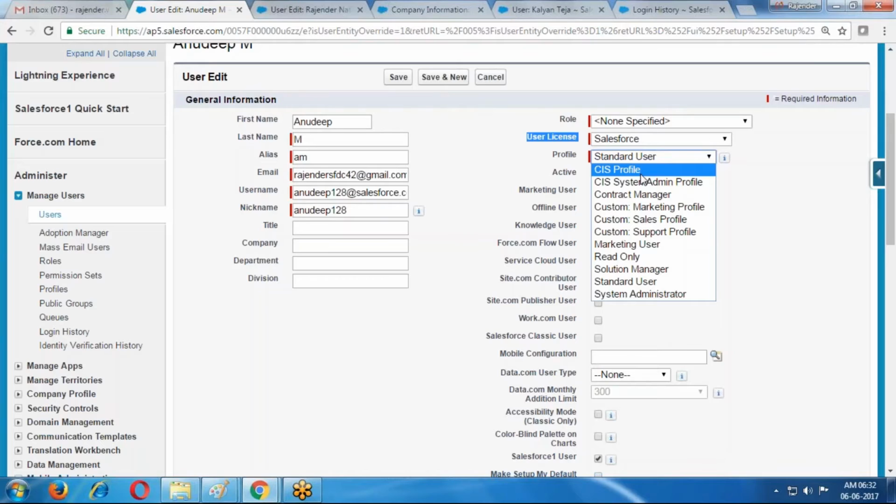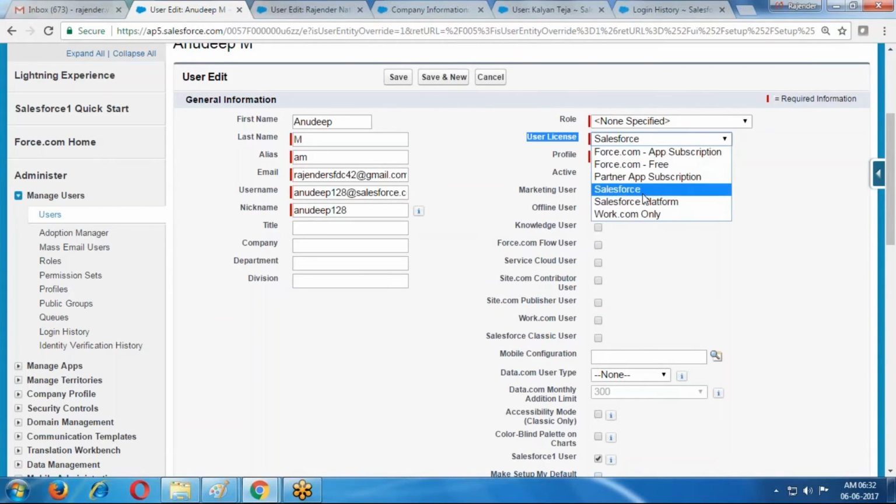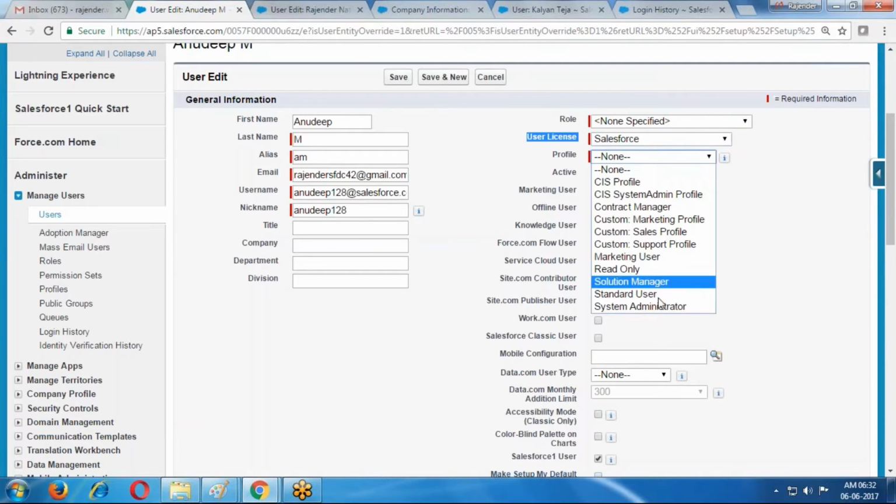Whatever license-related profiles you create, only those are available for these users. Suppose the user license is Salesforce platform, in that case only Salesforce platform related profiles are available. If I'm using work.com, then only work.com permissions are available. Like this, based on the license you are using, the corresponding profiles are available.